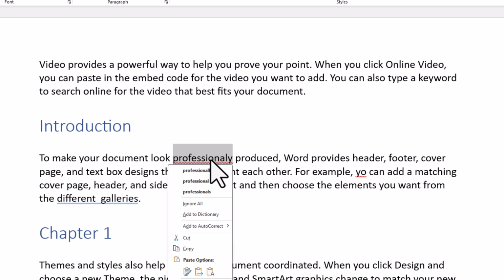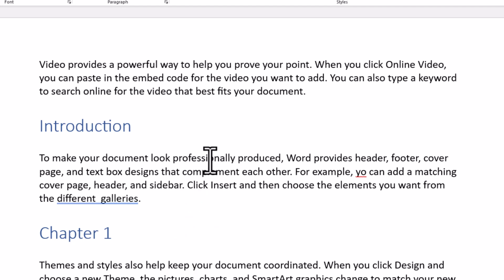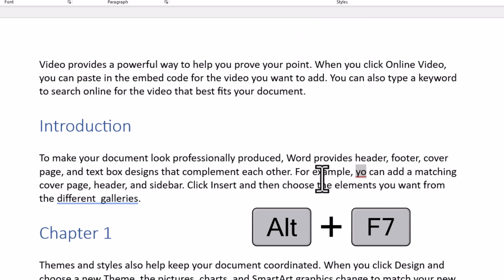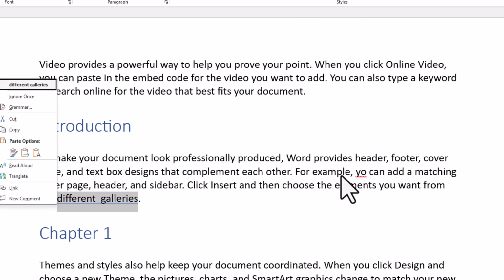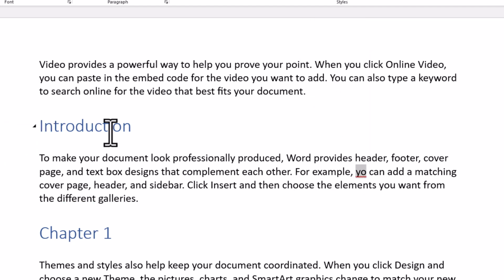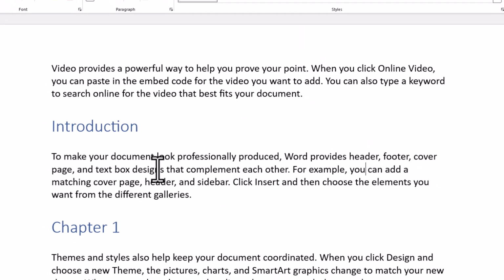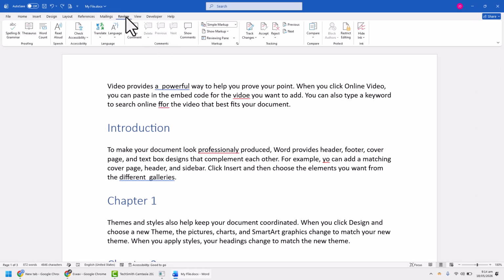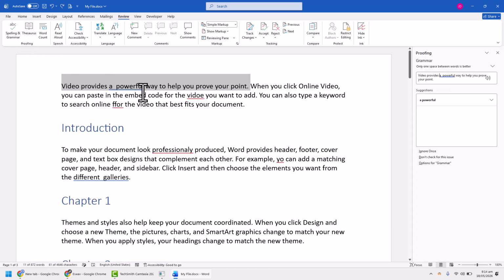After correcting one mistake, simply press Alt F7 again to move to the next one. Keep doing this until Word finishes checking the entire document. You can also manually run a full spelling and grammar check anytime by going to the Review tab and clicking on Spelling and Grammar. Word will start scanning your document from the current cursor position and guide you through each